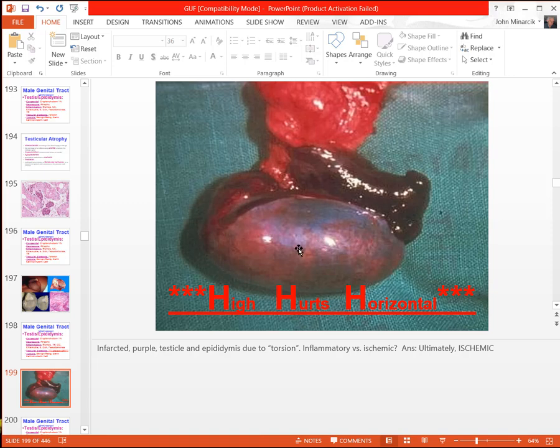So know the 3 H's of testicular torsion. Or if you don't, just remember that these are the level of questions that they ask. This is a clinical question, okay? Even though they call them pathology questions, much of it is clinical, because pathology is supposed to be the link between basic science and clinical medicine. So let's go to